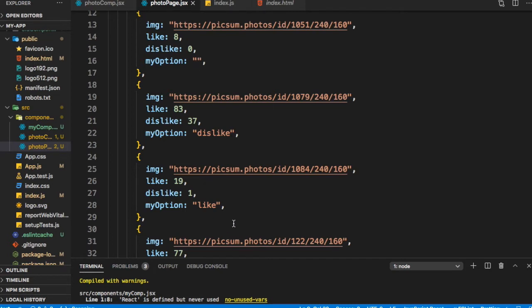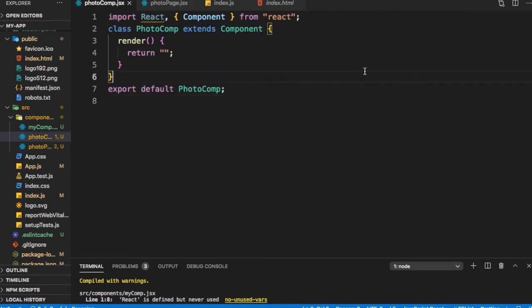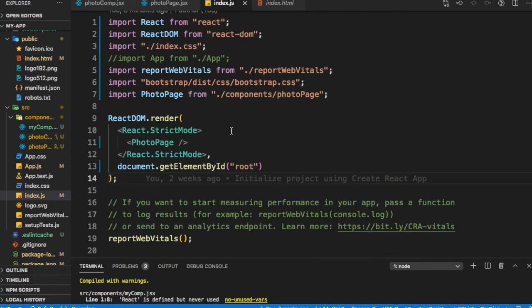So those are the three options here. We also have this component photo comp, which we will create to render each photograph. So that's the child component. And in our index.js, we have made the change so that we have imported photo page and we are rendering the photo page component.